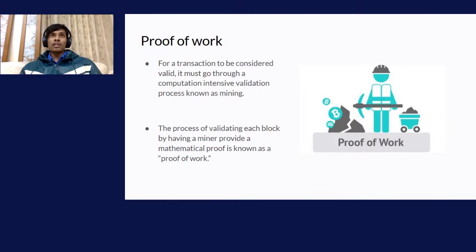A good property about this is, once a block has been mined, once that puzzle has been solved, it's very easy to verify that it has been solved. But it's not easy to do it again. In the Bitcoin blockchain, it takes about 10 minutes to solve that puzzle. So every 10 minutes, someone is solving that puzzle, but you can verify instantly that they solved it. So this is the property that is used here. Then it becomes very easy to verify the blockchain, but not change it.